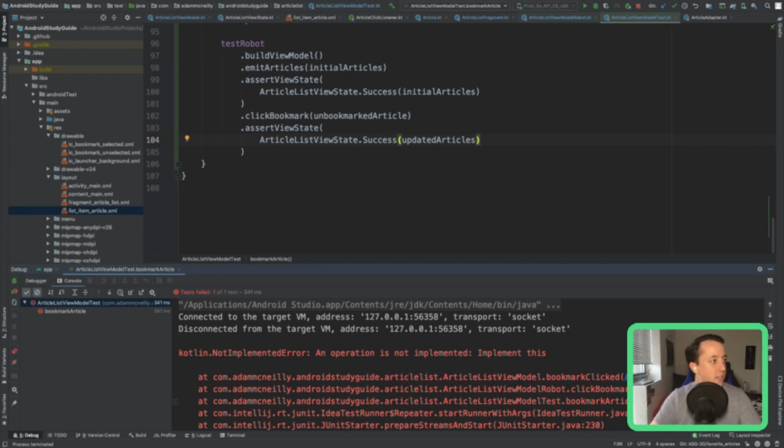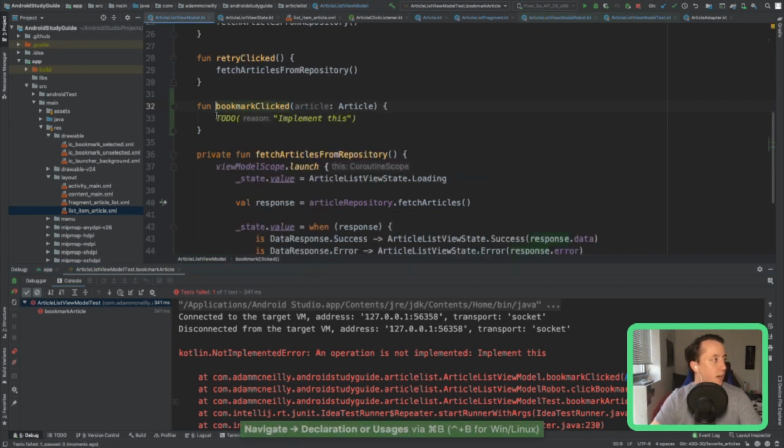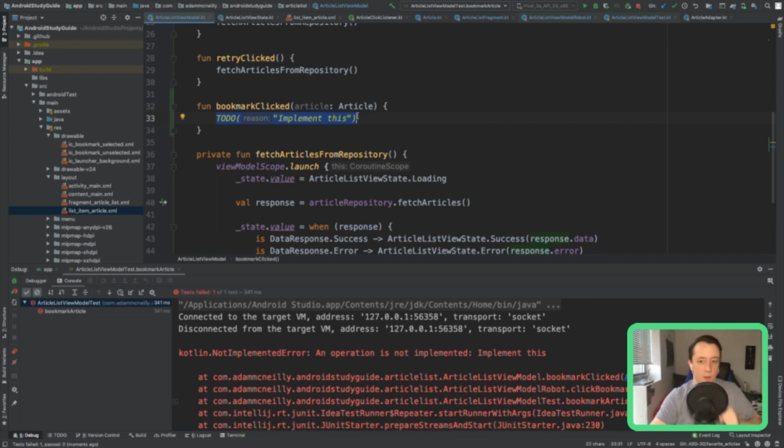All right, so this failed, to be expected, because of this call right here, where we're not actually bookmarking an article. So how do we want to handle this? Well, we can start with the quick hacky way, and then sort of clean it up.